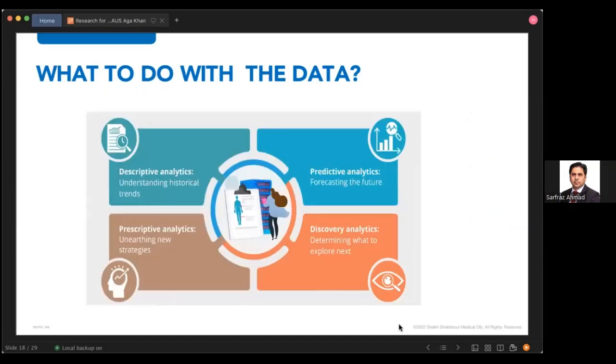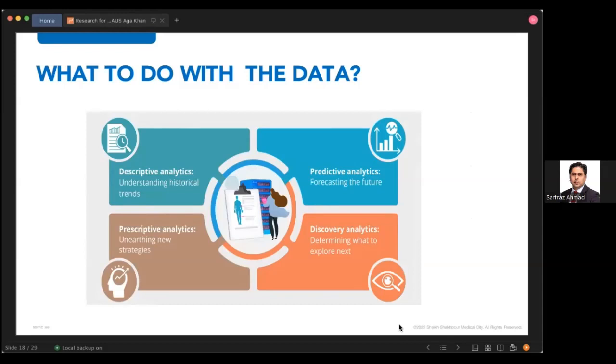So what we're going to do with the data? If you get data, data is an important source. It will tell you what has been done, as a historical background. You can get an assessment of the trends which have been seen in the past. You can also forecast what's going to happen in the future, and you can extract some information from the data which can form the basis of your new research project, and it can also sometimes help to discover something which is